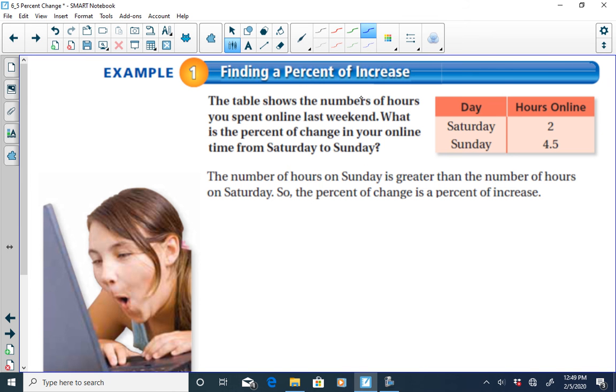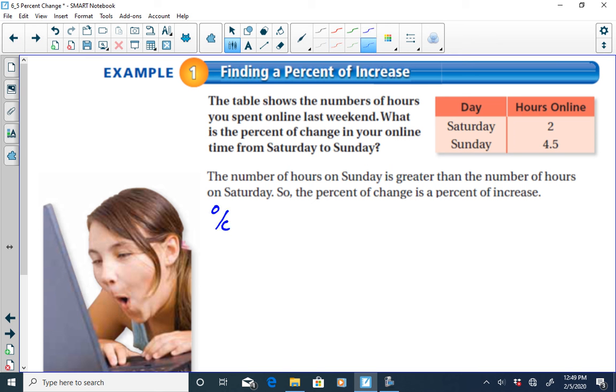It says the table shows the number of hours you spent online last weekend. What is the percent of change in your online time from Saturday to Sunday? We see on Saturday we spent 2 hours online, and on Sunday we spent 4.5 hours online. My percent change formula,